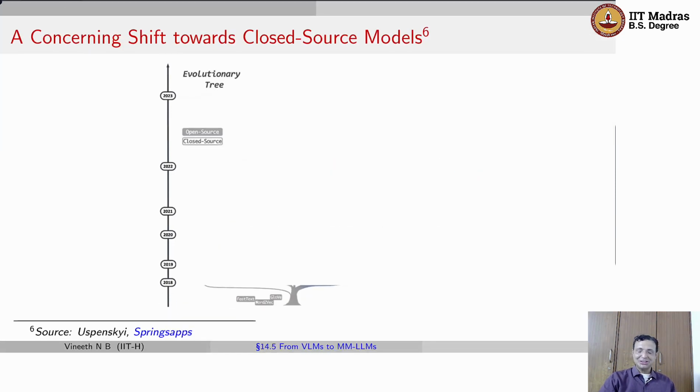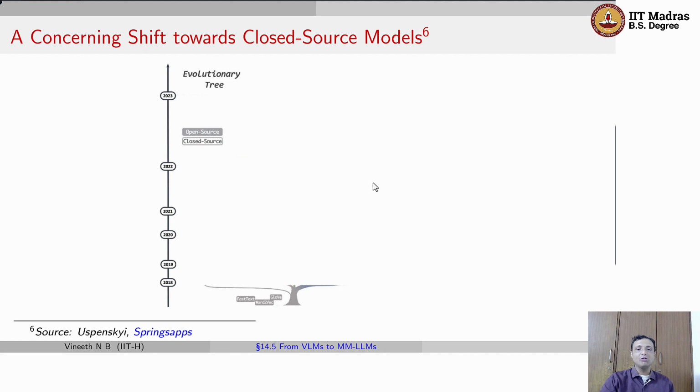Having seen these 2 models, LLaVA and Video-ChatGPT, we'll step forward to more contemporary ones like ChatGPT 4V and Gemini 1.5. And one cannot but observe that there has been a shift in the last few months, so to speak, towards closed source models, which is rather concerning. If one looked at how